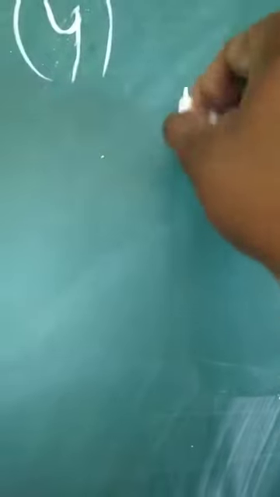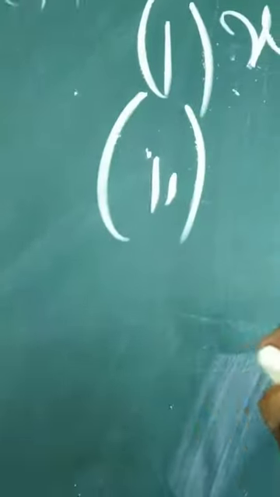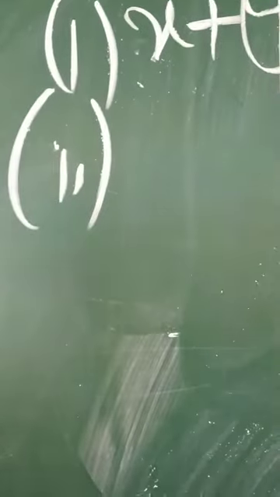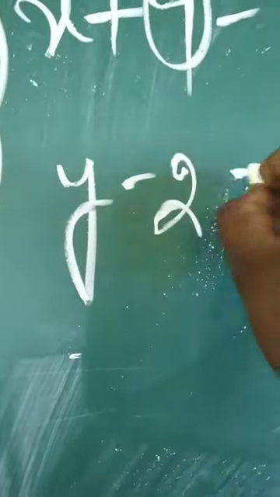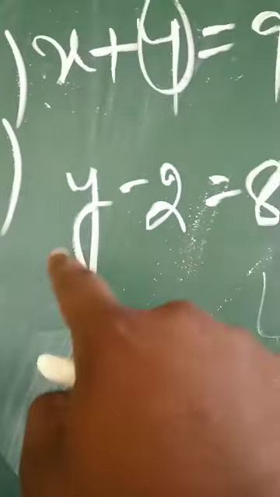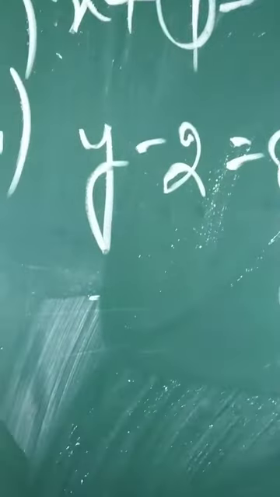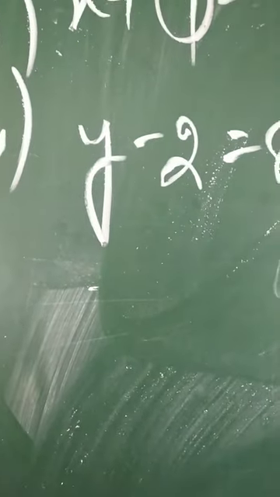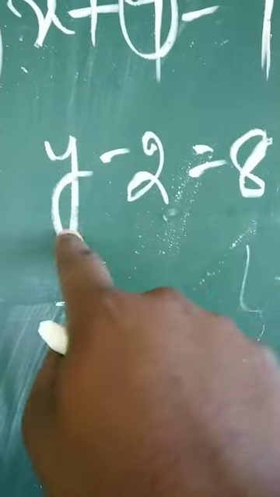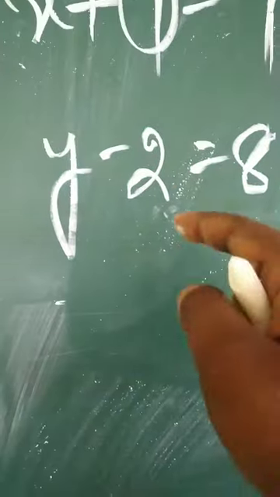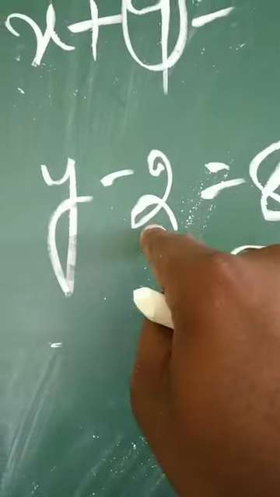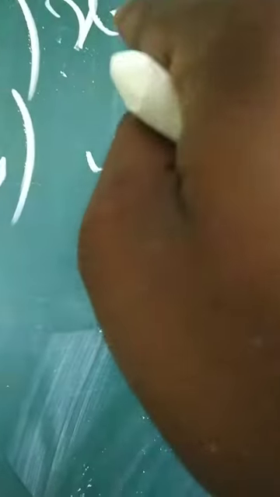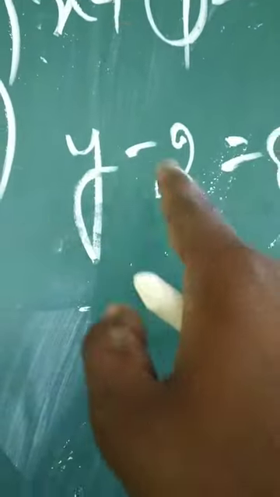Similarly, the second question is, 2 subtracted from y is 8. The number 2 will be subtracted from y, so I'll have to write y minus 2 is equal to 8. Children, y minus 2 and 2 minus y are different, because they will give different answers. As it's mentioned in the question that 2 needs to be subtracted from y, it will be y minus 2, not 2 minus y. y minus 2 is equal to 8.